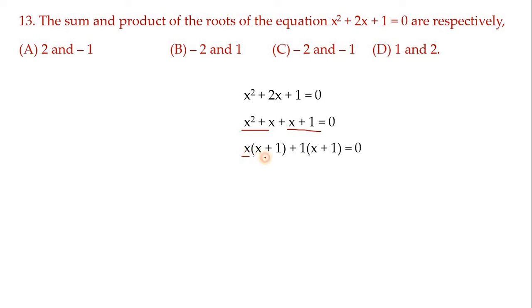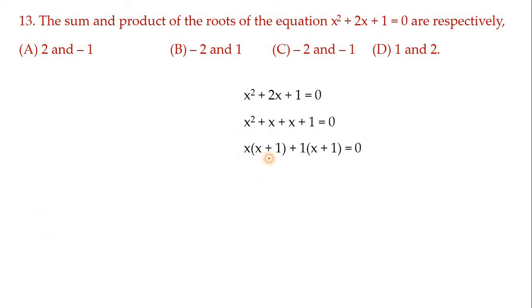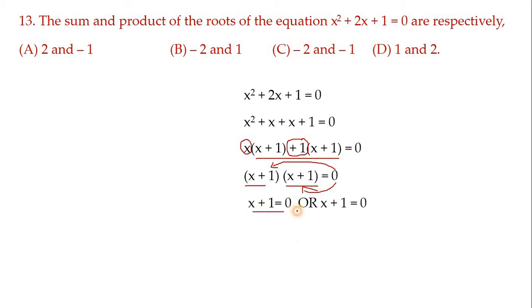So after taking x as common factor, here we get x plus 1, and here after taking 1 we get the common factor x plus 1. And here again we can take x plus 1 as the common factor. So take x plus 1 outside and we get x here, and what is left out here is 1. So that is x plus 1 only. Now 0 is present for this and 0 is present for this also. So we get x plus 1 equals 0 or x plus 1 equals 0. Now this 1 you transfer to this side, we get minus 1, and again this 1 you transfer to this side, we get minus 1 only.